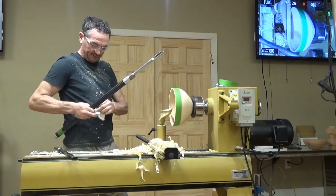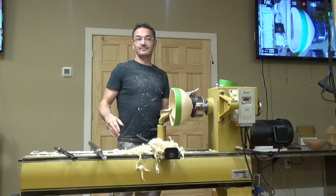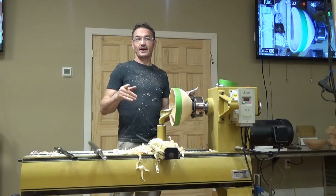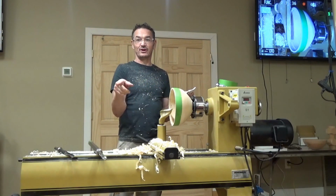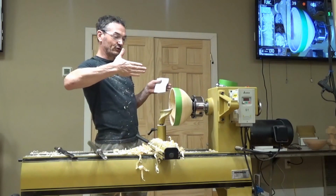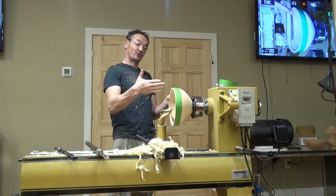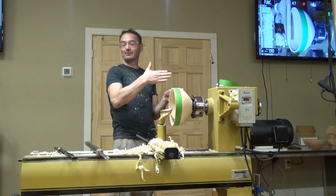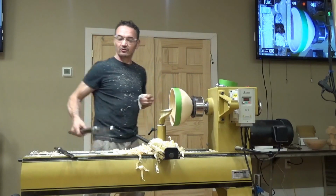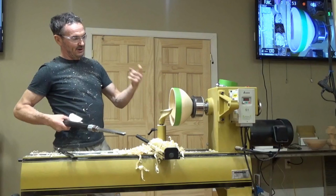Now, paper towel is going to stop the wood from doing what? Vibration? Pushing away. Burning your fingers. So vibration is the result. What happens when I try to cut, the wood will try and escape. It's going to go, oh, well, hell, I don't want to be here. So it flexes. Once it gets thin enough, it goes, I'm getting out of the way. Then it bounces back, which creates a vibration because it doesn't want to be cut. So what I do is I stop it from escaping. Now, I used to use my finger, but I wore it down. So